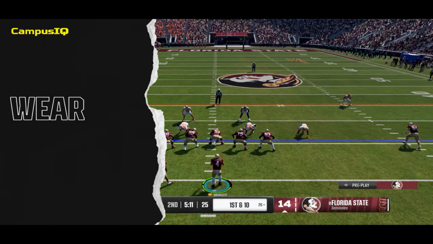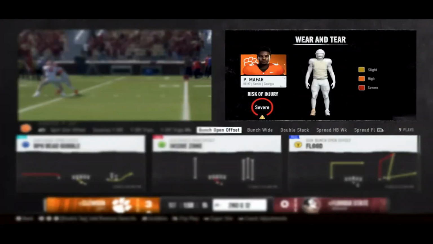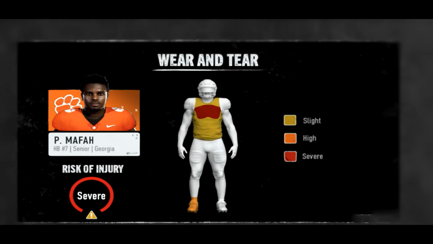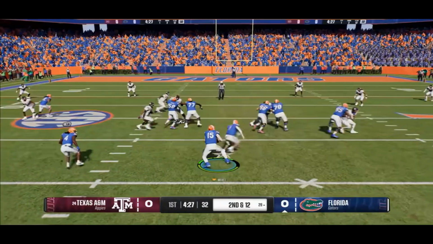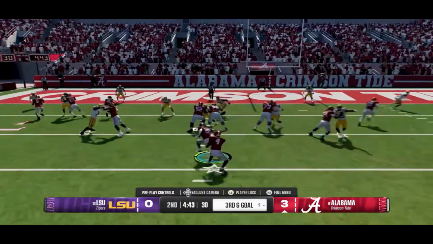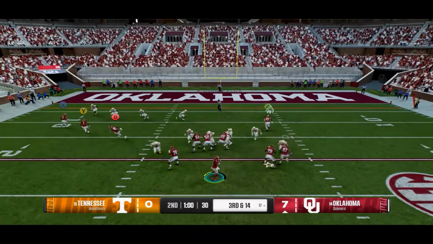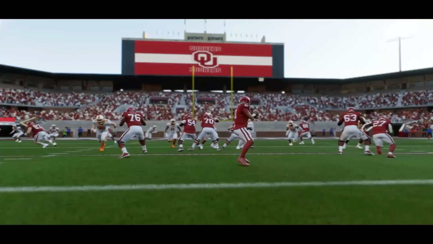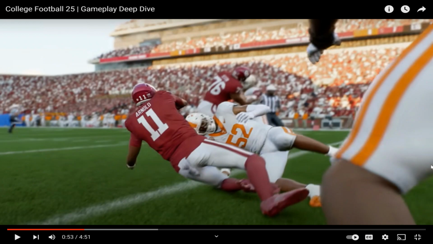The new wear and tear system changes how you approach every snap. Wear and tear is a progressive player health system that prioritizes strategic substitutions and diverse play calling to keep your players healthy. With wear and tear, every hit matters, but not all hits have the same impact. And a single hit, like a blow to a quarterback's throwing arm, can change everything, just like it can in